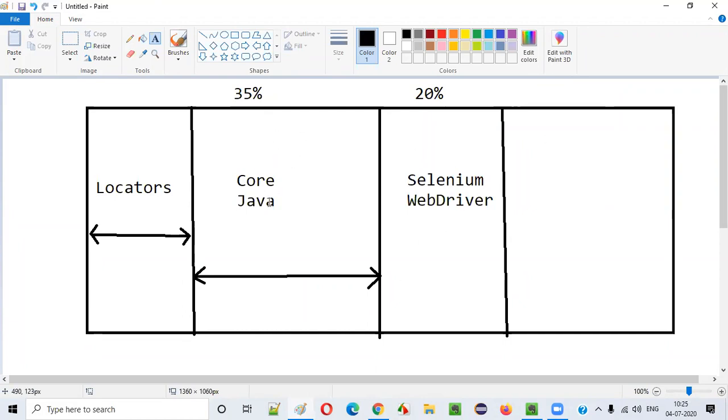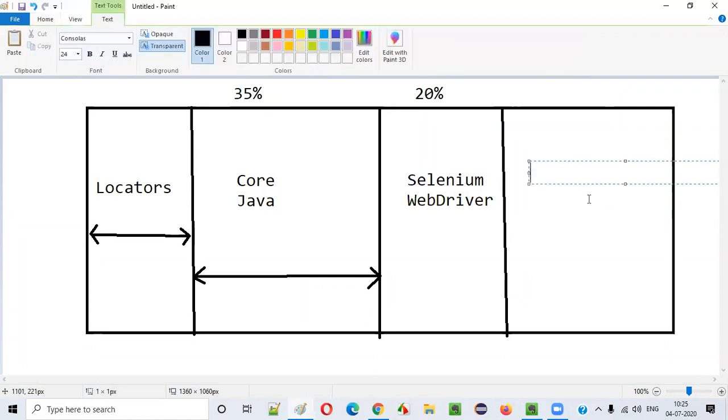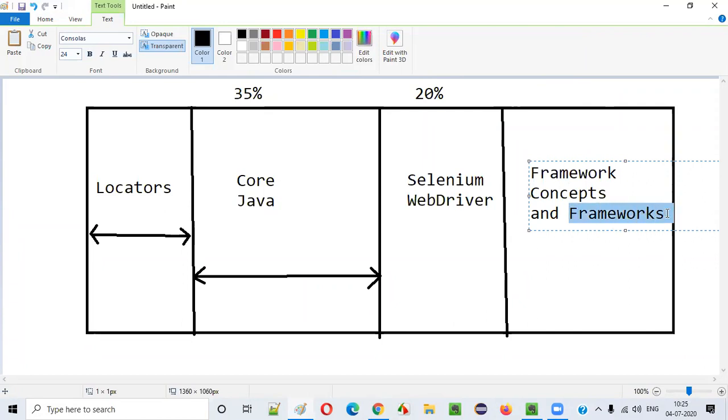You see how much core Java I am covering in these sessions, and the remaining portion I go for frameworks, framework concepts and frameworks will be covered. Before I go to frameworks directly, a lot of people want to learn frameworks, but without learning the individual framework concepts, you will not understand frameworks, guys.